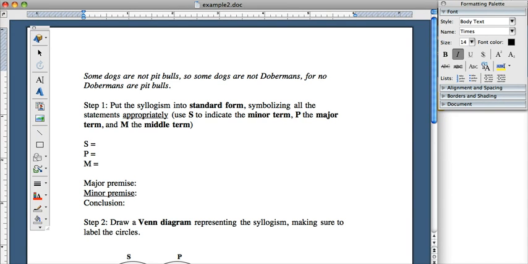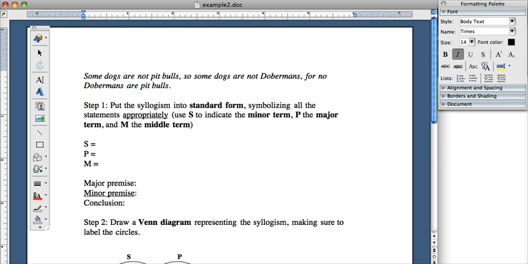We will now analyze another example of a categorical syllogism and show how to diagram it using Venn diagrams and to analyze the resulting diagram to see whether the argument is valid or invalid. So like our first example, we need to start by putting the syllogism into standard form, symbolizing all the statements appropriately. So first we're going to identify the conclusion, which in this case is some dogs are not Dobermans, because